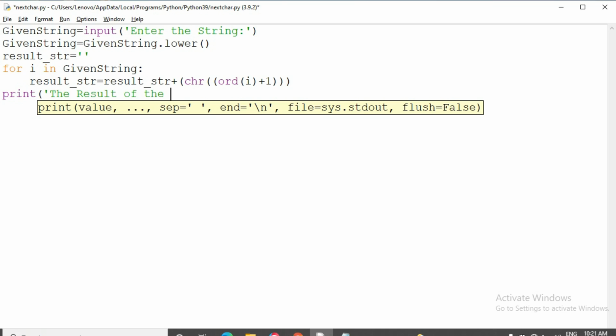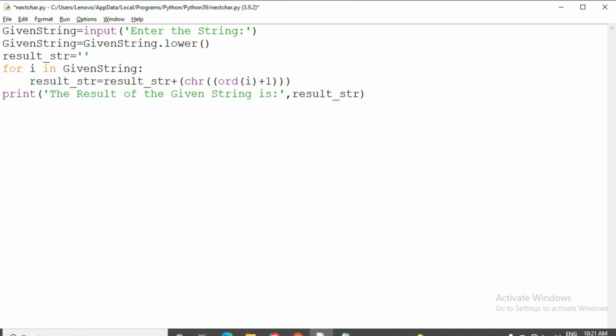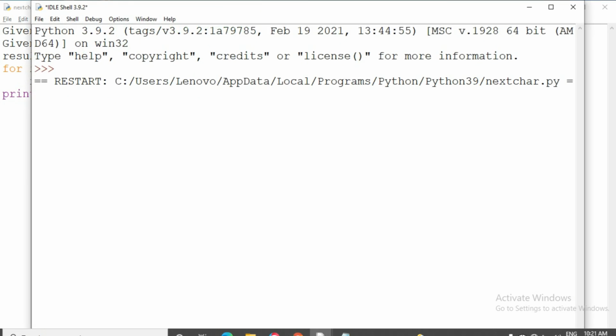The result of the given string. Store the variables and save the program. Enter the string.